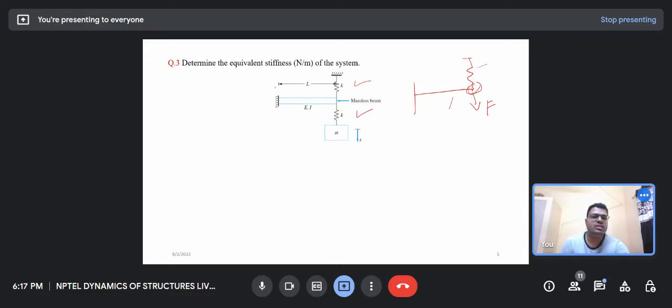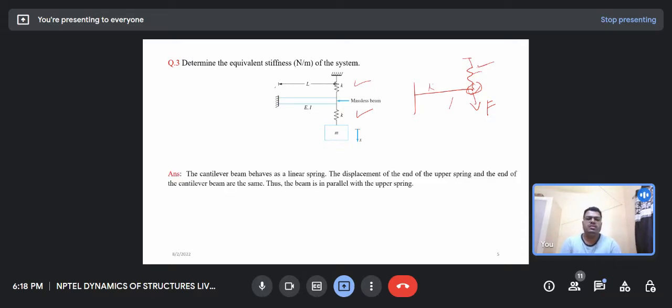If I apply a force on this cantilever beam, and there is a spring attached to the cantilever beam, is the displacement at that point, for the spring and the cantilever, the same or different? Same. So if this is the same, then what is the combination? That would be the parallel combination. Okay, so first we calculate the stiffness of the cantilever beam, which is 3EI by L